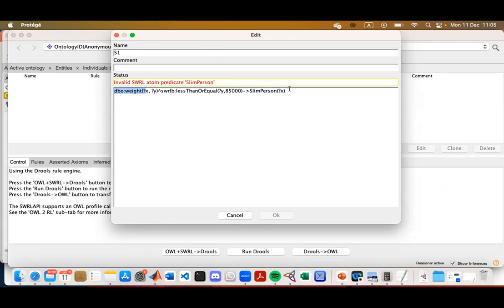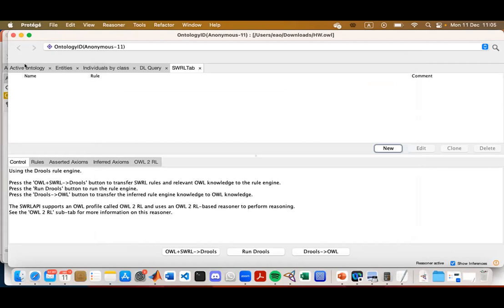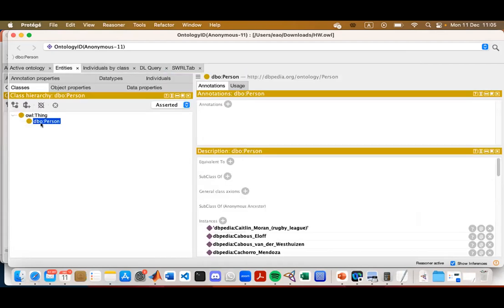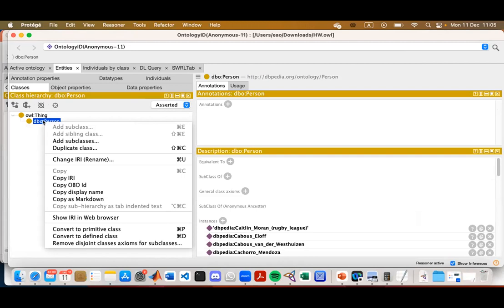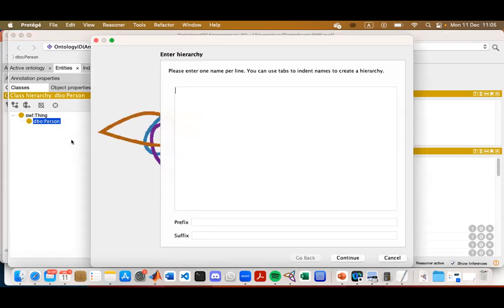To do that, let me just Control X, remove it. I will start creating it from scratch. I go into entities, and I need to create a subclass of Person. So I add a subclass, Slim person.